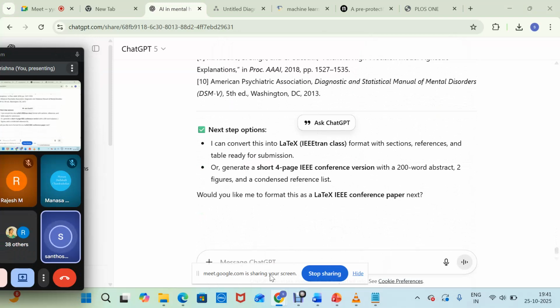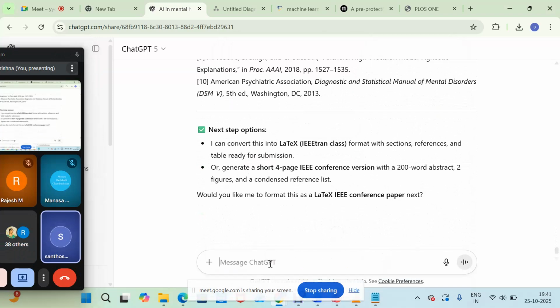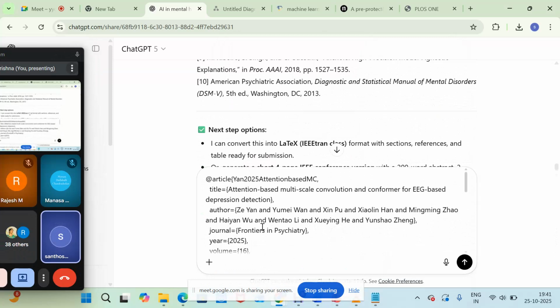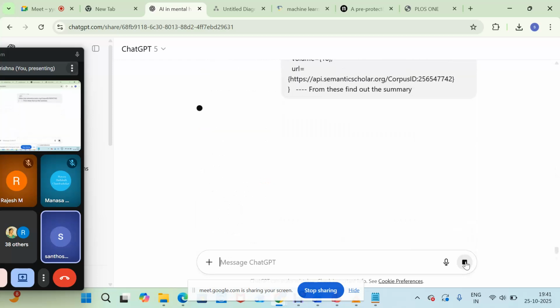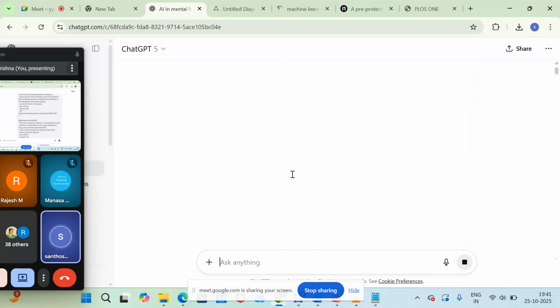See, now I have just copied those 3 references, the BibTeX, and then pasting it here. I'm pasting it here, and now I'm asking ChatGPT, okay, from this find out the summary. Some question I'm asking it. I have given 3 authentic papers with text to GPT now. It is reading all these 3 papers, and it is going to give us some output from this.